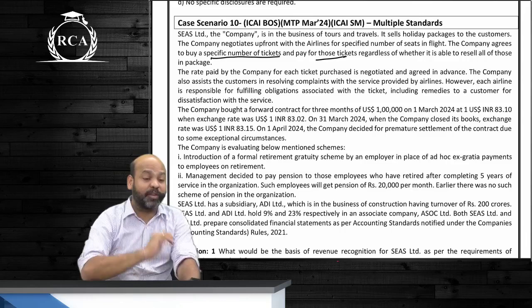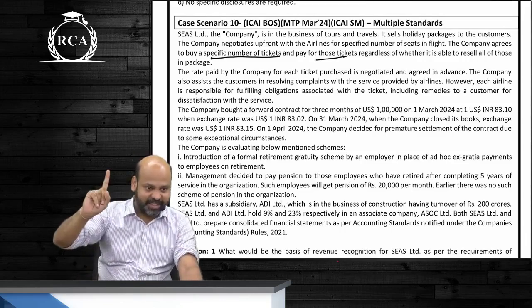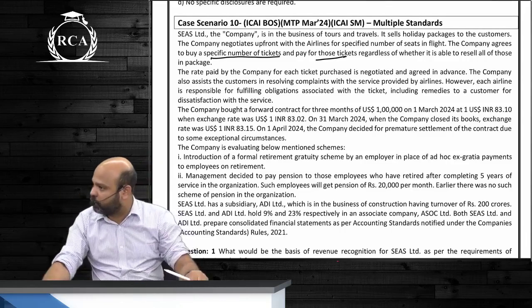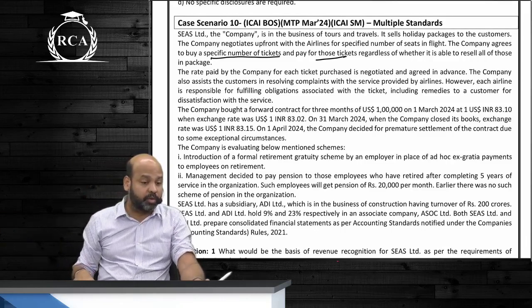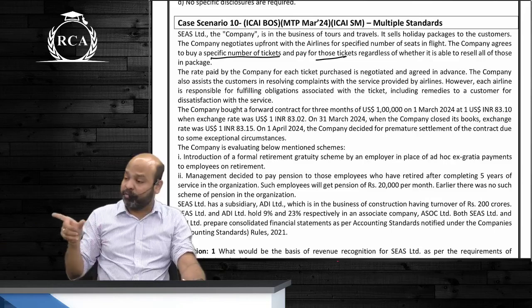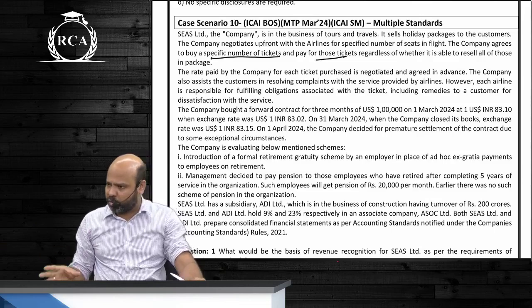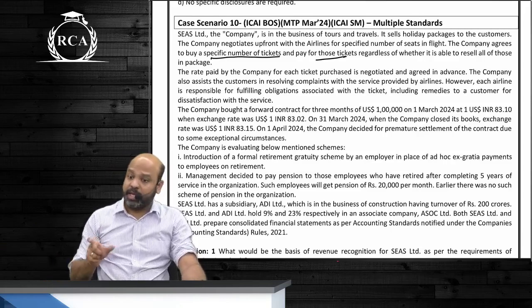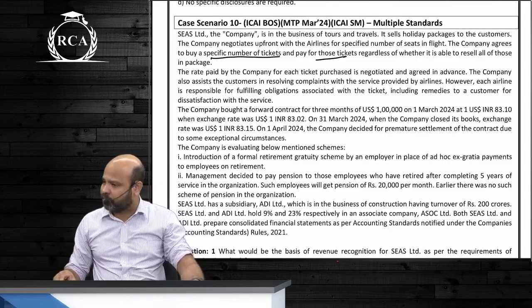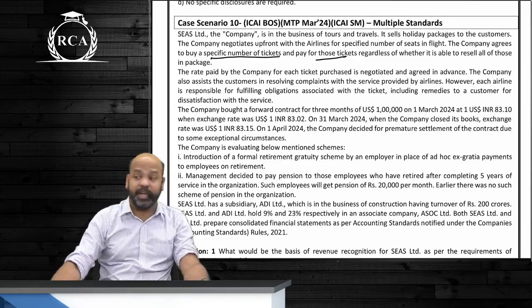What's the accounting for speculation? It should be mark to market, guys. You will compare the rate, and whatever is the difference will be transferred to P&L. I bought a forward contract at 83.10 rupees. What if the rate becomes 83.20? That 10 paise will be recorded as income. What if it is taken for the purpose of hedging?